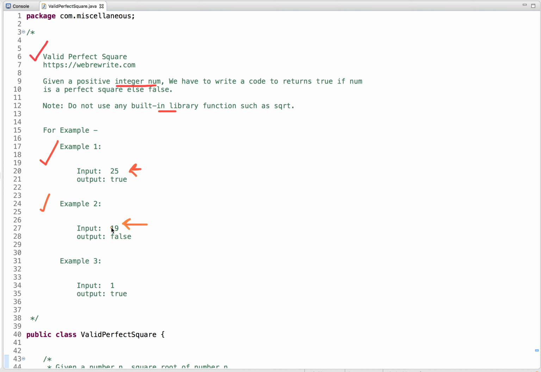So 19 is not a valid perfect square, so we return false. And in the third example, the square of 1 is 1, so it's a valid perfect square, so we return true. So this is the problem statement, and now let's discuss multiple approaches to solve this problem.